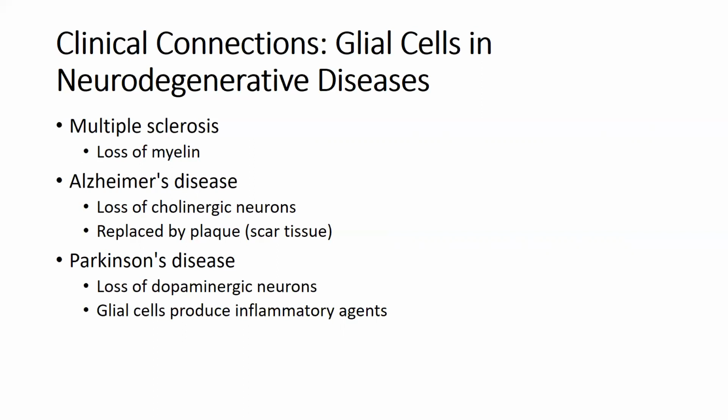Question, Madeline? Starts with motor loss and cognitive decline, whereas Alzheimer's is the opposite. You're going to start with your memory loss, confusion, and then you slowly move. Any questions on these clinical connections here? All right, so this is just pointing out how these glial cells play a role in